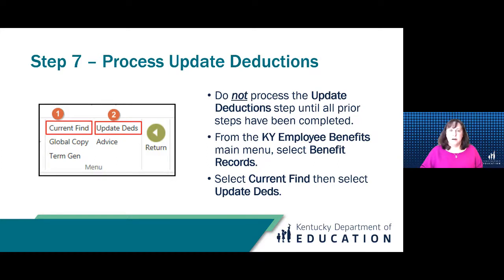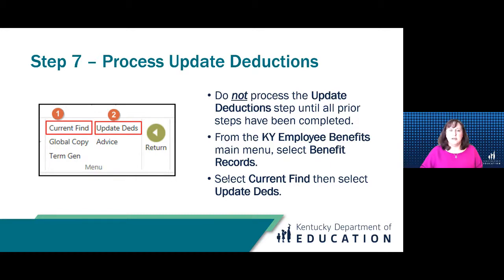Then you'll select Current Find. Current Find will return all records for employees, but it will return their most current records. So while you are going to return everyone that is in the open enrollment file, you may also see some people that are no longer there, and that's expected, and that's fine because their records will have been posted, or if it was unposted for some reason, the deduction start date on those records would be from previous years. So Current Find will return the highest sequenced, most current record for all employees,